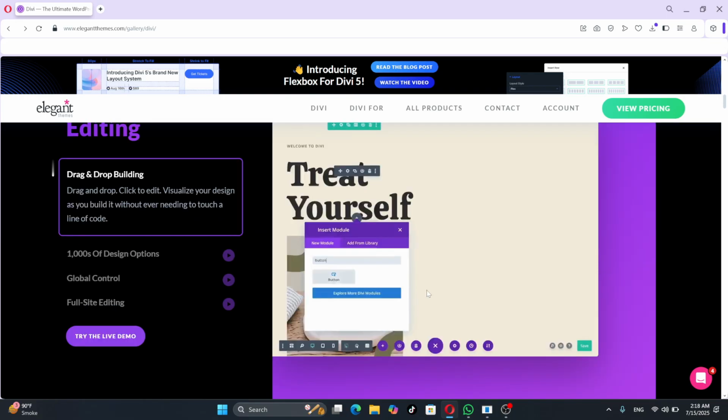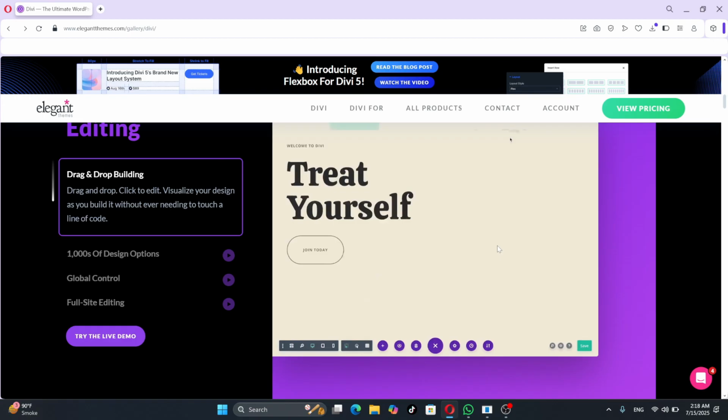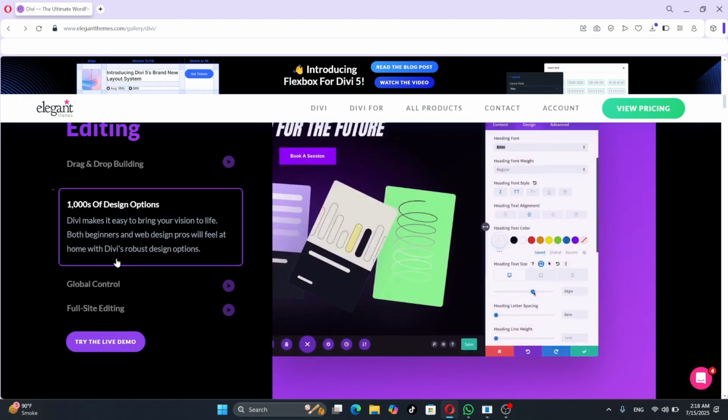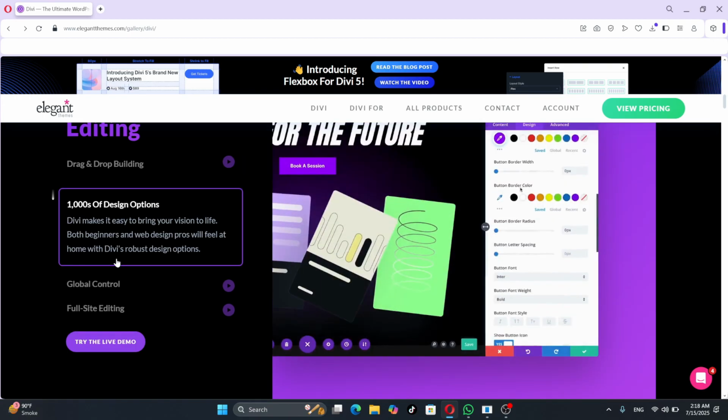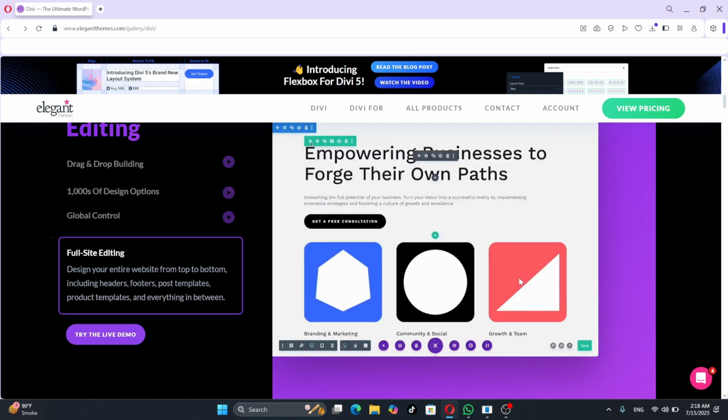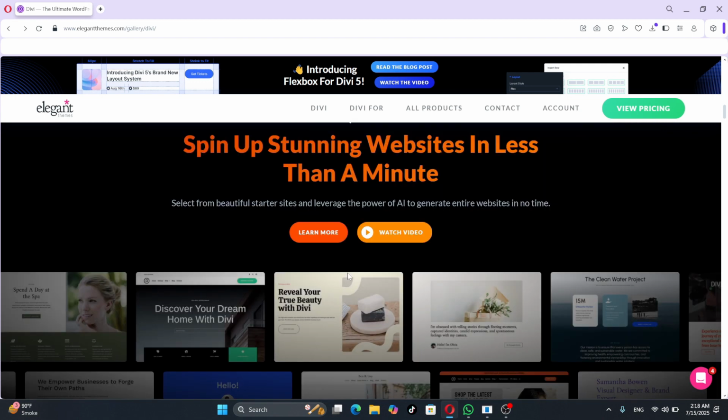Let's get started. Whether you're building a blog, a business site, or an online portfolio, Divi's powerful visual builder and flexible design options will help you bring your vision to life with ease. We'll cover everything from installing Divi and using its pre-made layouts to customizing your pages and setting up your site